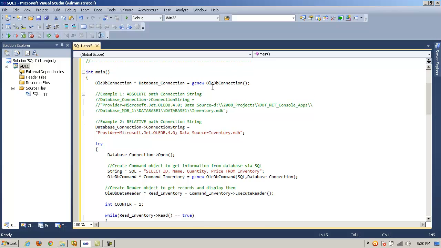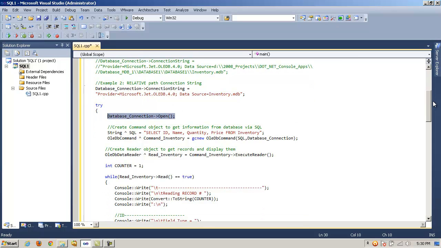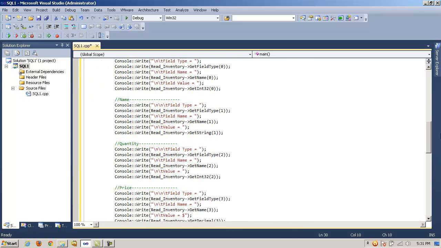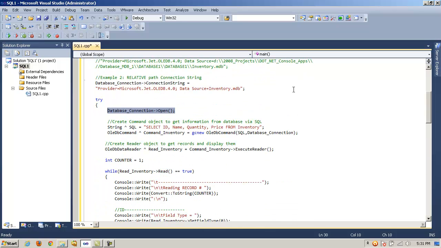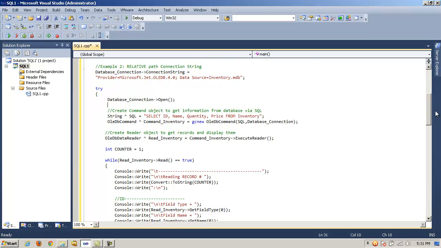I have a pointer to it. I built the object. Connection string set up. Now I'm opening it. Like any I/O process, just like when we're doing sequential and binary file access with ANZ and with .NET, it should be inside of try and catch blocks, because anytime you do I/O, potentially things can go wrong. So if something goes wrong and we cannot connect to the database and we cannot open it, then